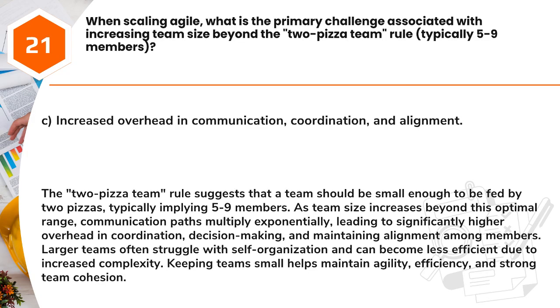Answer: C. Increased overhead in communication, coordination, and alignment. The two-pizza team rule suggests that a team should be small enough to be fed by 2 pizzas, typically implying 5 to 9 members. As team size increases beyond this optimal range, communication paths multiply exponentially, leading to significantly higher overhead in coordination, decision-making,